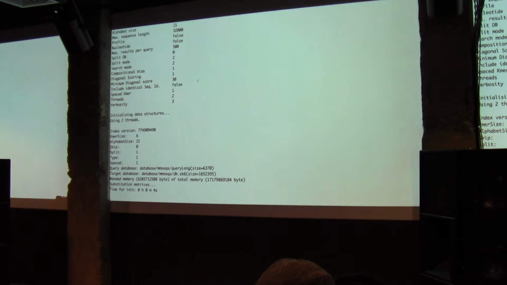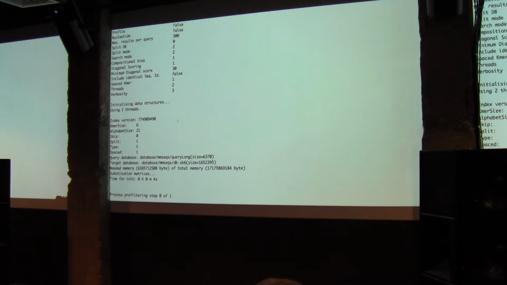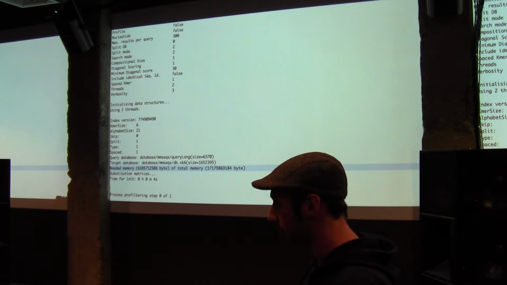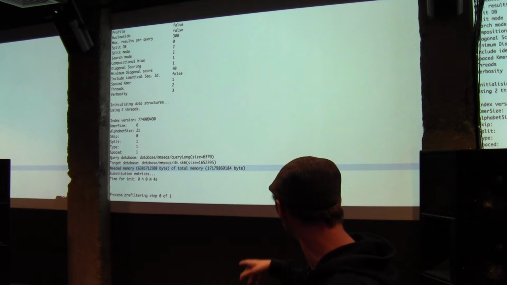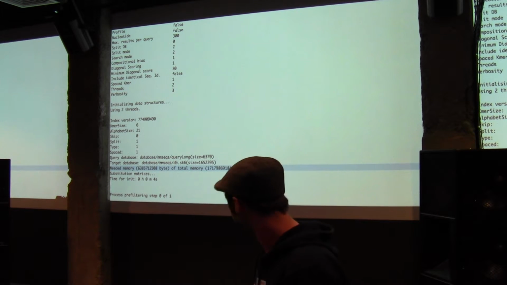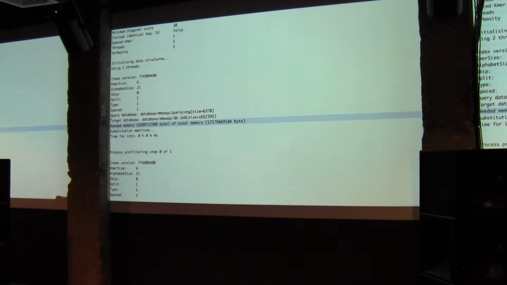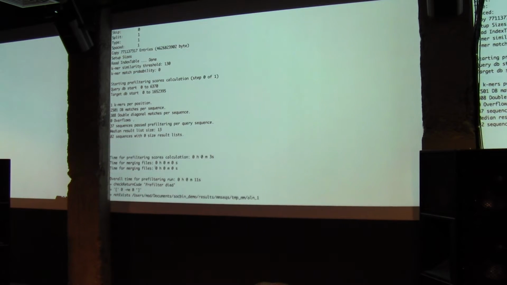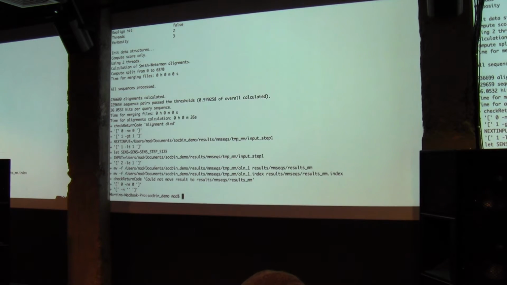At the moment, it just reads in the index. It also tells you how much memory it needs here. So it needs around 6 gigabytes to run at the moment for this data set, out of my roughly 60 gigabytes. And then it tells you, okay, it's already done with the pre-filter. Oh, it's okay, it finished already running actually.